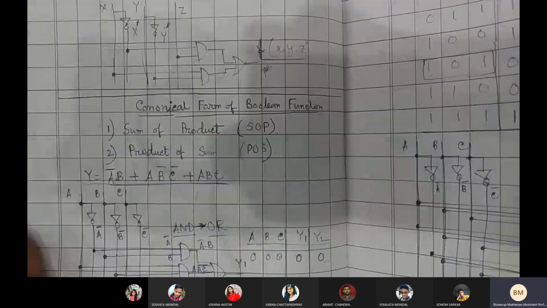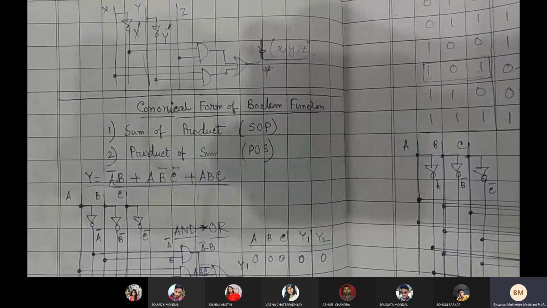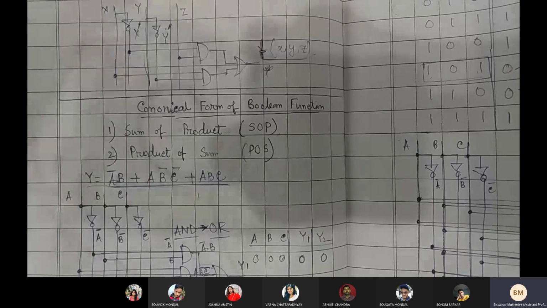Today we have learned what the different laws of Boolean algebra are, and how to find the circuit or the Boolean expression, followed by how to minimize it. We have learned Boolean algebra based minimization, and then we moved towards the canonical format of a Boolean function, where we saw that the circuit can be designed with the help of universal gates also. Okay, so you just go through that one.